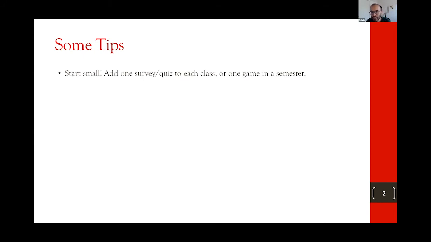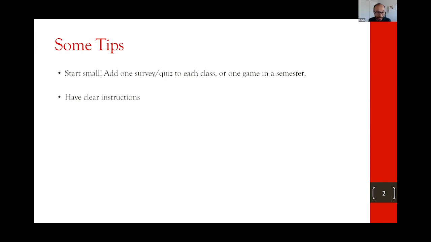And then I started doing more active learning with the surveys and the quizzes. So my recommendation of starting small could be just having one survey or one quiz in each class. Maybe at the beginning to get their attention, maybe at the end to quiz them or to see how they're doing, or maybe in the middle to help them refocus, right? Maybe start with just that. And then have one game in a semester. Maybe start with a market game. Or if you do a lot of game theory, or if you have more macro topics and you want to talk about bank runs or how asset prices are determined, maybe have that game instead. So those are definitely options as well.